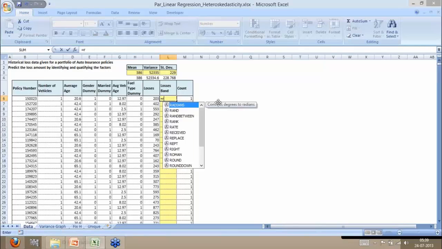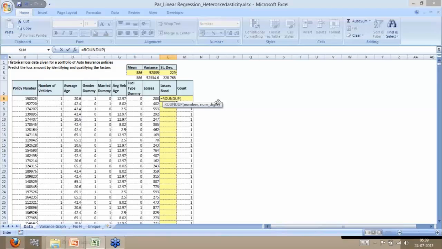So I'll round up, because 203 I want it to show as 250. So I will round up. I'll first divide this by 50, comma 0,